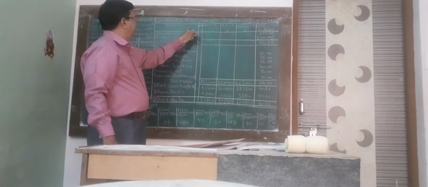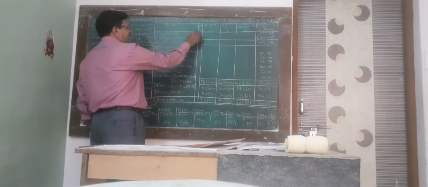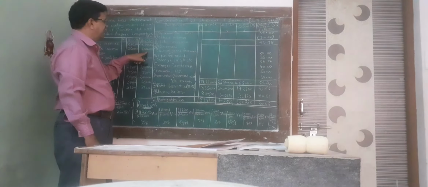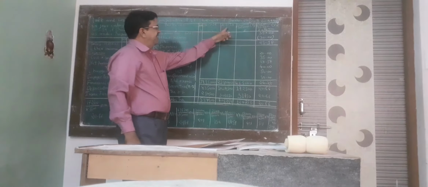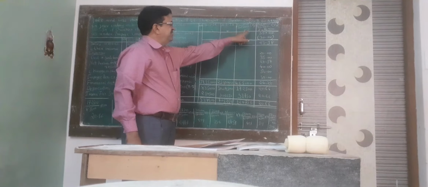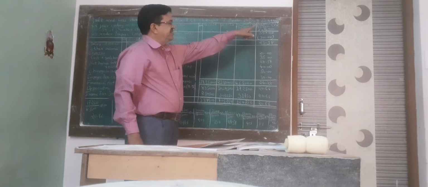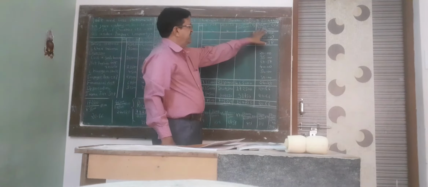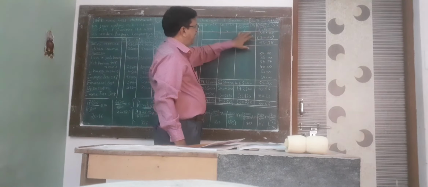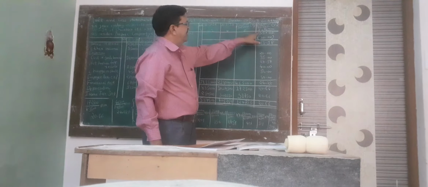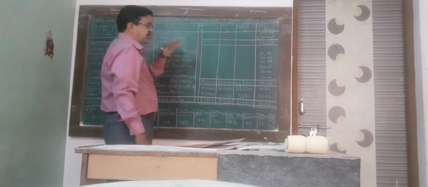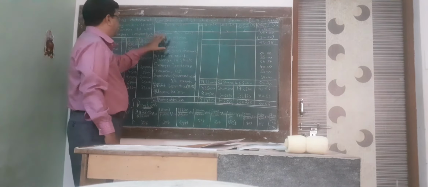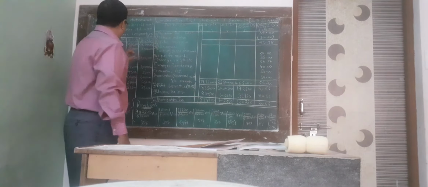First, particulars. Second, notes. Third, 31st March 2018. Then 2019. Increase and decrease in number 5. Increase and decrease in percentage in number 6. The value of number 6 is the value of number 5 divided by number 3, into 100. So you have to convert the data into percentage. So first, revenue from operations, sales.